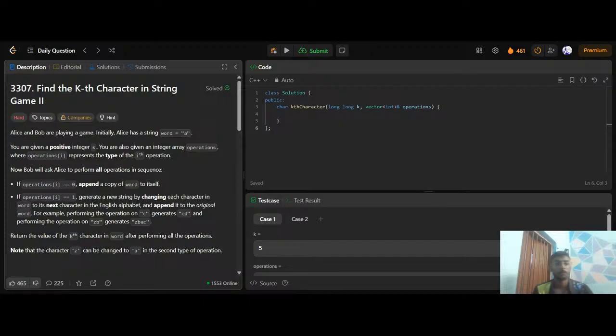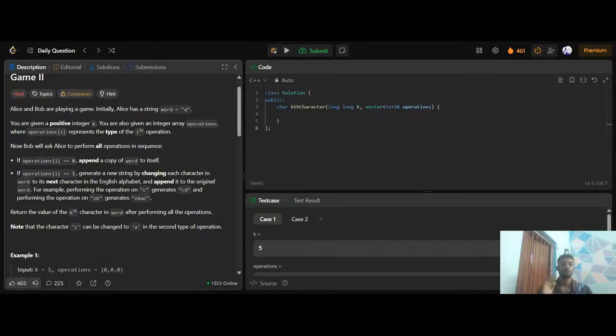Let me just read the problem statement. This is yesterday's problem, but I'm solving it today because of some network issue. There was some network issue yesterday. Alice and Bob are playing a game. Initially, Alice has a string word equal to "a". It's like the same problem as the one before yesterday, but what is new? Append a copy of word to itself. If operations[i] is equal to 1, generate a new string by changing each character in the word to its next